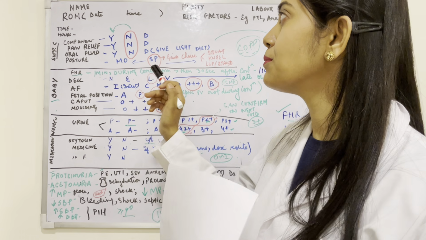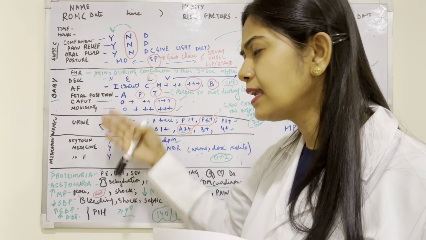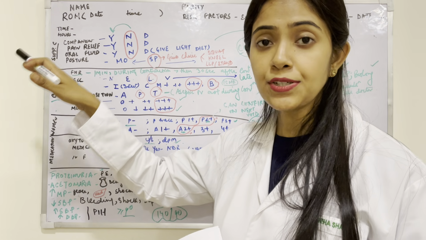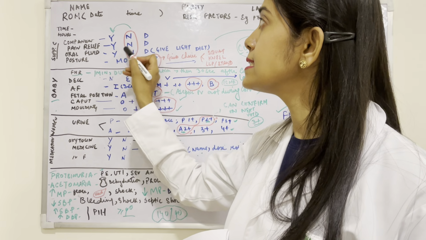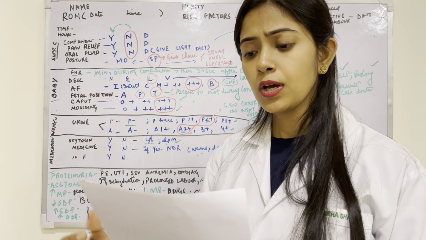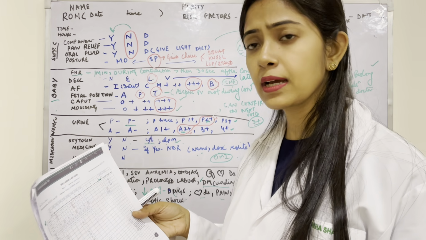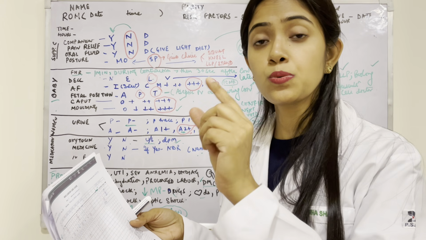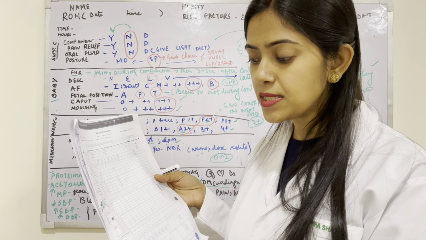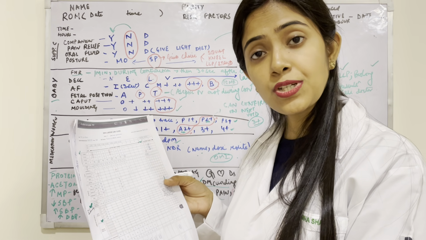So whenever you have a finding in any of the sections which corresponds to the alert finding, it has to be encircled with a circle so that whosoever is just going through the WHO labor care guide knows that, oh, this was an alert point,